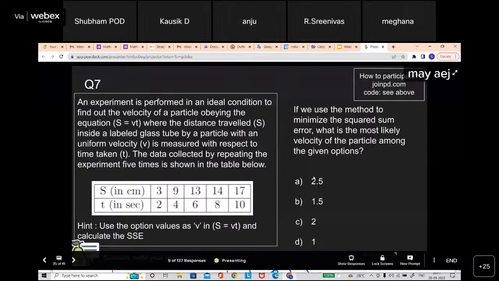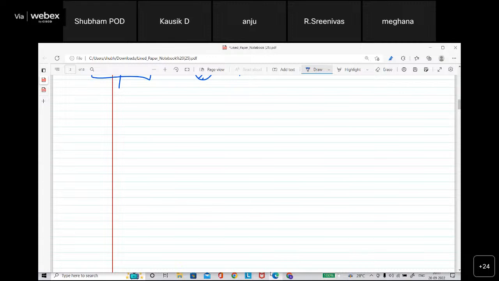So which velocity is the best fit? Which velocity is going to be the best fit? Suppose this data is given. Let me explain here. See, this particle is following a path, the line s is equal to vt. So for a time and distance,